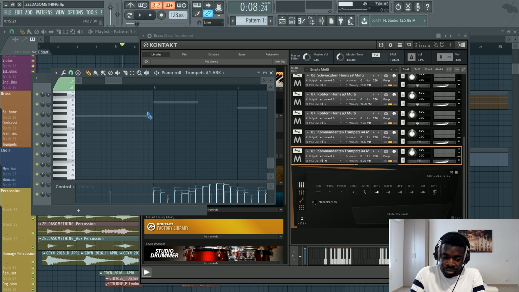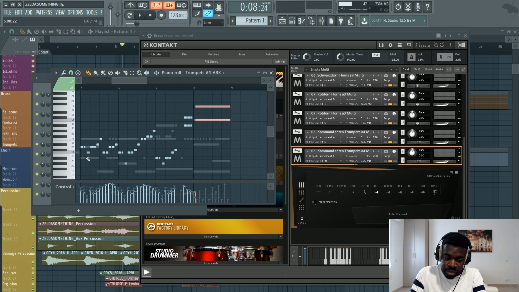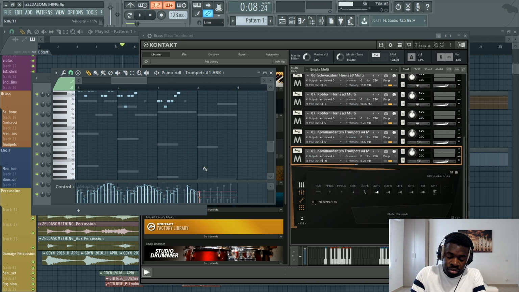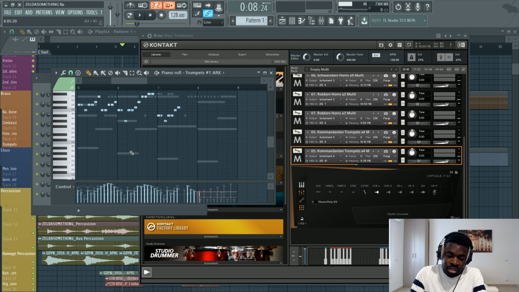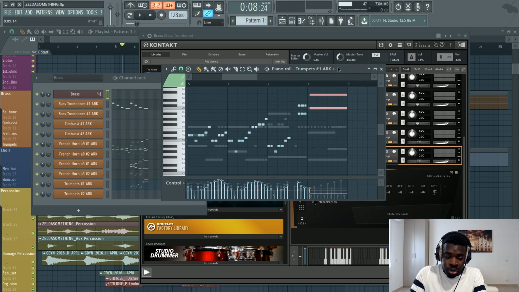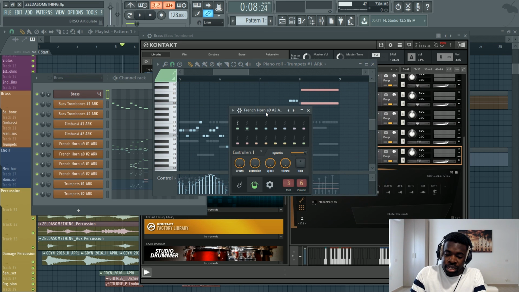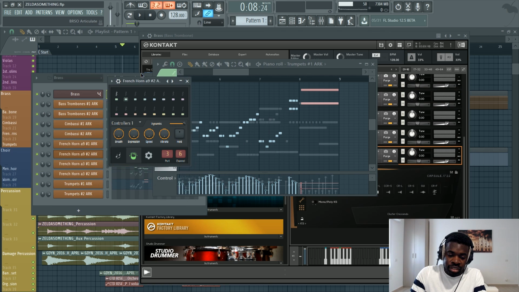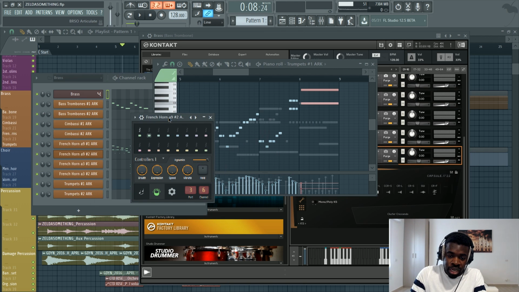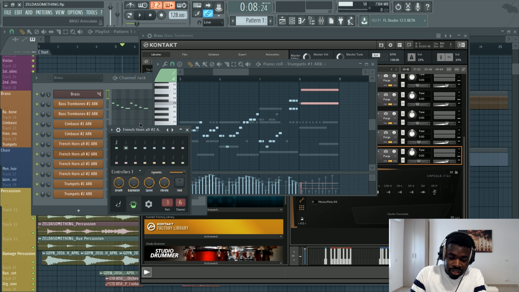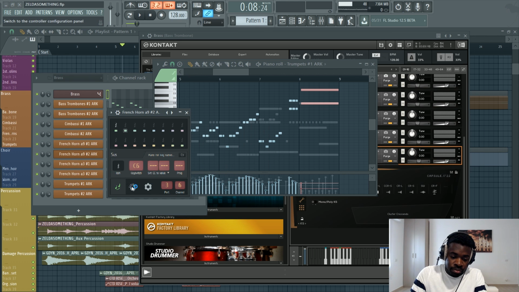And it's kind of difficult sometimes to remember, so you have to go back and open the library and check it out, and it's such a long and tedious process. So a very nice guy called Blake Robinson created this plugin for FL Studio called BRSO Articulate, which is a very advanced sort of MIDI out, which